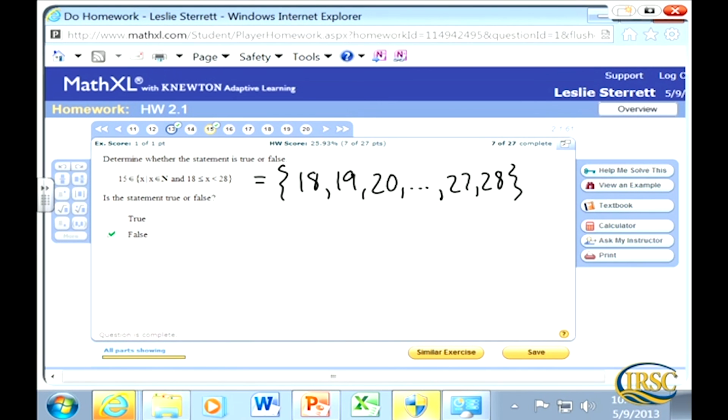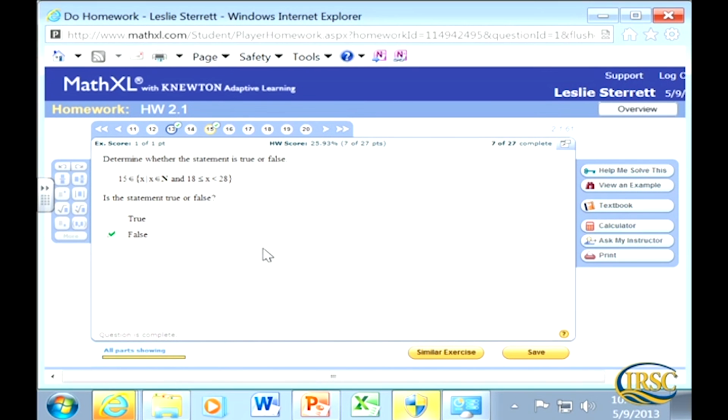So it's saying that 15 is an element of this set. So is 15 amongst this list of numbers? No. So that's why this was false. The way that I could have fixed it is I could put a slash through there, and then that would be a true statement. But if you need to rewrite it in roster form to help you answer the question, go ahead and do that, however you need to visualize that. And then the only other type I want to show you